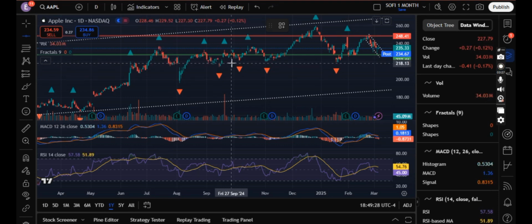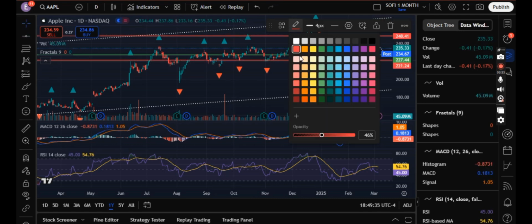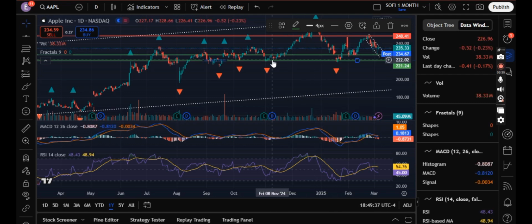Put one around here, definitely a support line, right? Because we see, right, so support we do green because it bounces and goes up. Resistance is red because it rejects. The only terminology, right? Pay very close attention to